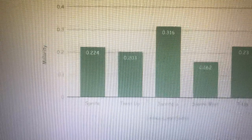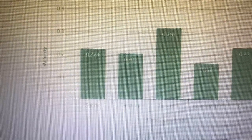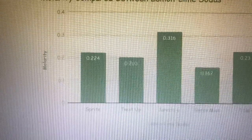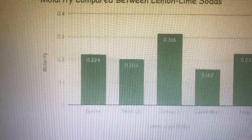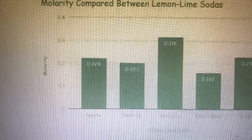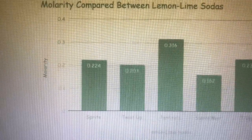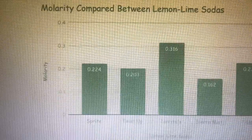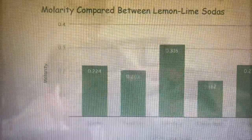So Sprite's concentration of citric acid is around 0.224, while Jarritos was 3.16 and 7-Up's was 2.30. So 7-Up and Sprite are pretty similar, but 7-Up's slightly more acidic, and Sierra Mist's was 0.203, which is, as you know, less. An error that may have occurred during this whole process was that these are sodas, so they're